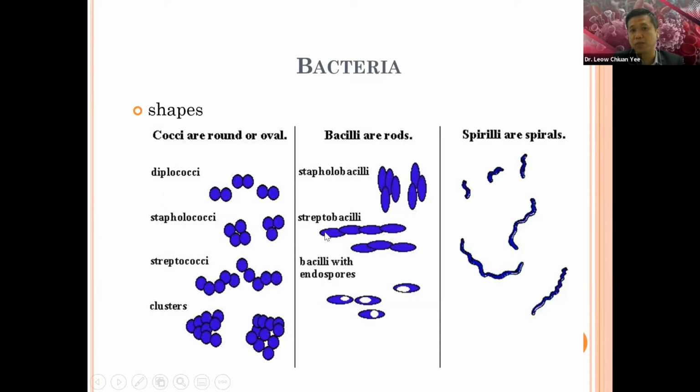Bacillus as well belongs to this group of bacteria. And the other type of bacteria is spirilla. Among the spirochetes, we know leptospira, which is found in